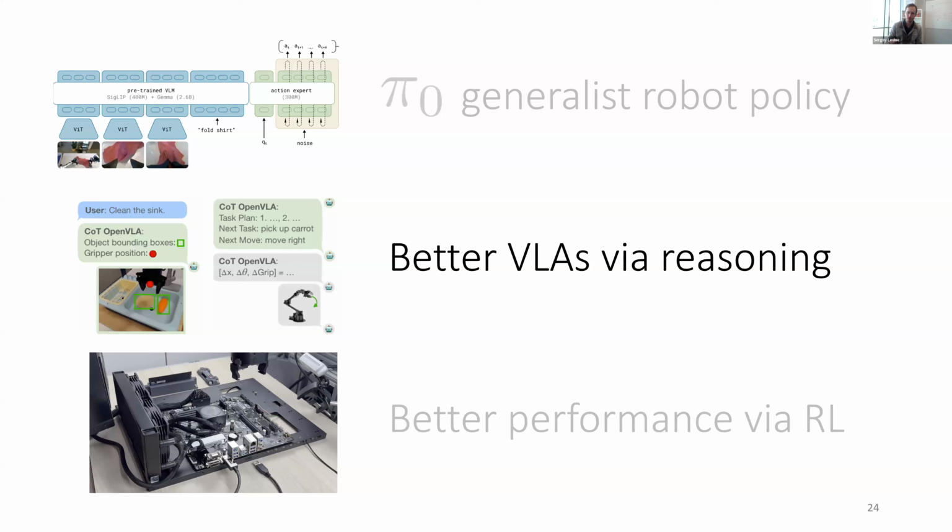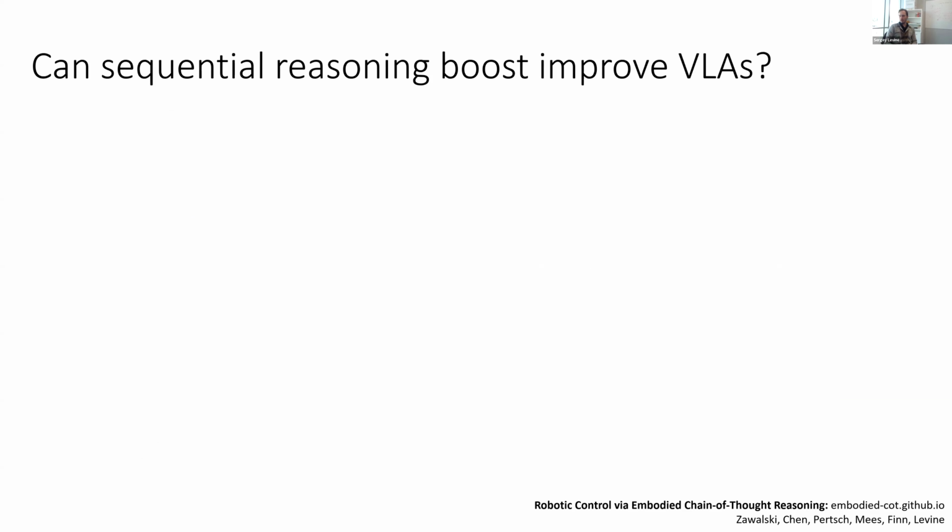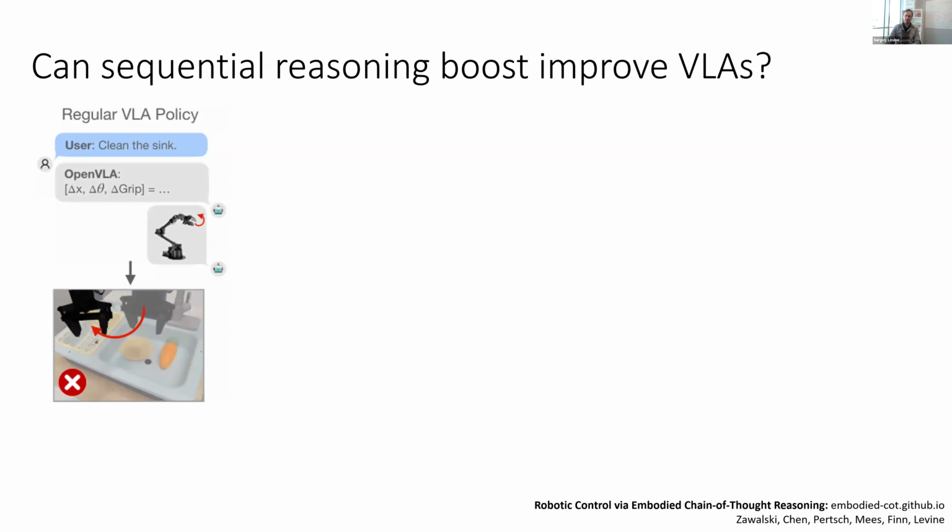And you'll notice a trend going through these, that some of these concepts are things that we've already seen mirrored in the world of language models, but of course, we have to figure out new ways to make this work in the domain of robotics. So one of the things that my students and I have been thinking about for a while is, can sequential reasoning improve VLAs? A regular VLA, of course, takes a language command and an image, and it directly tries to